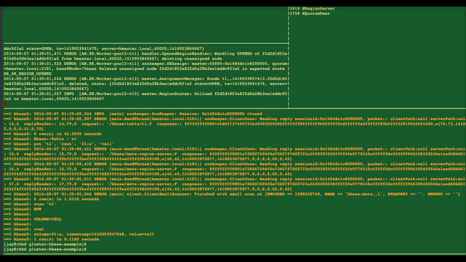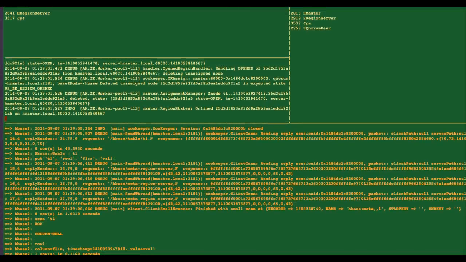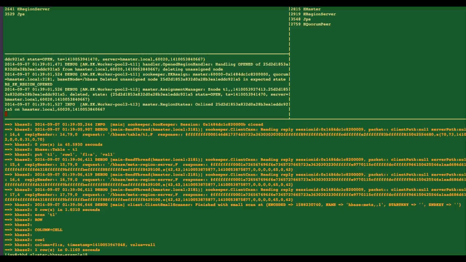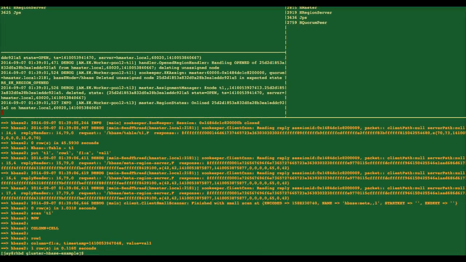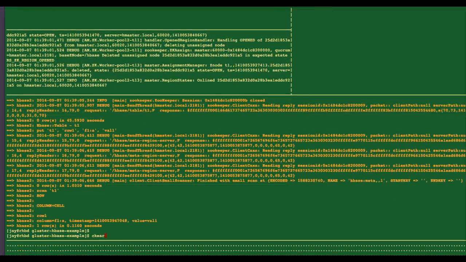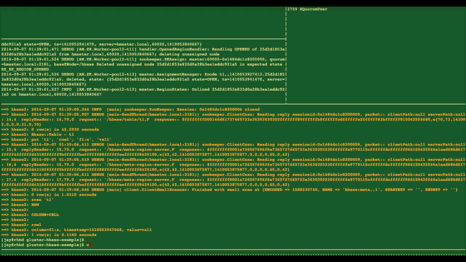So all in all, we were able to spin up a 2-node, completely automated hbase cluster on top of GlusterFS. We were able to insert tables on it, and we were able to see in the various panels that both of the region servers are proactively participating in our little database that we just created. So that concludes this demonstration, and again, for the next step, if you want to go a little deeper,